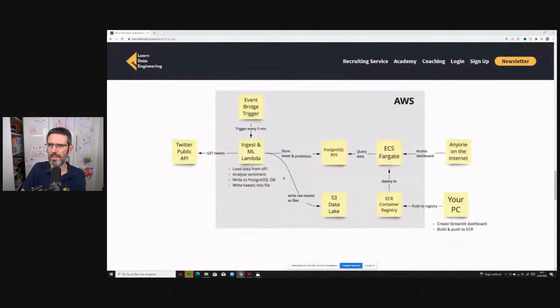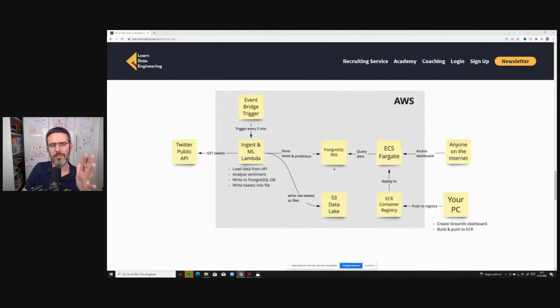In that case we used a pre-trained algorithm, where we have our ingest Lambda on the left that is also doing the sentiment analysis.